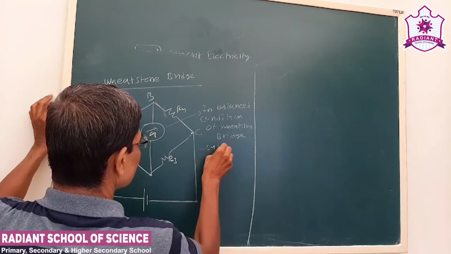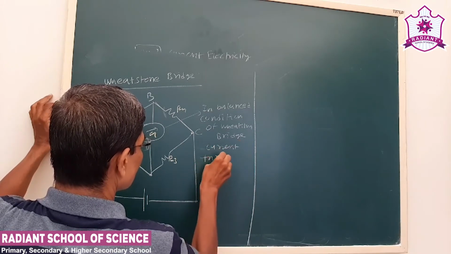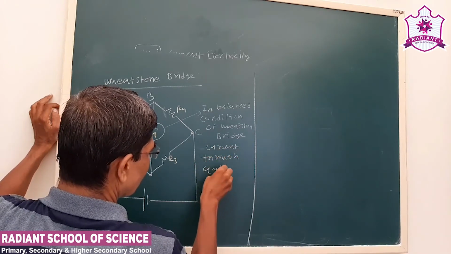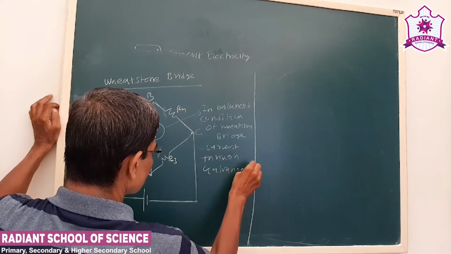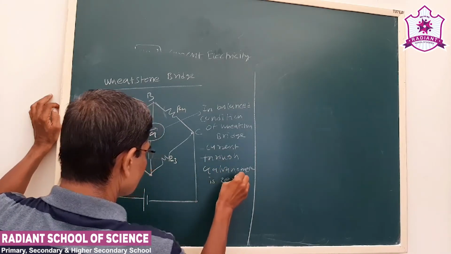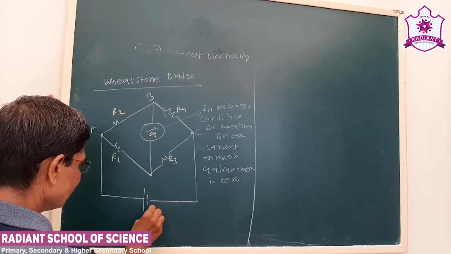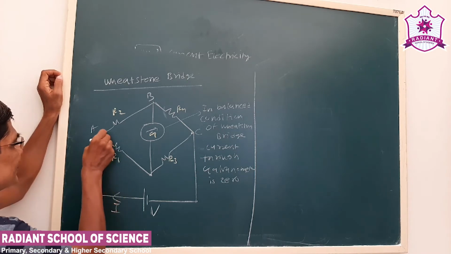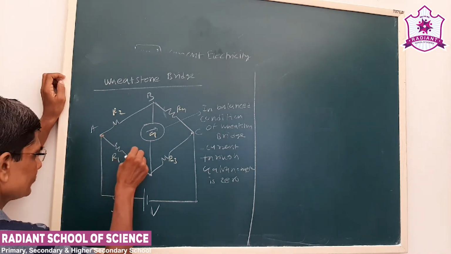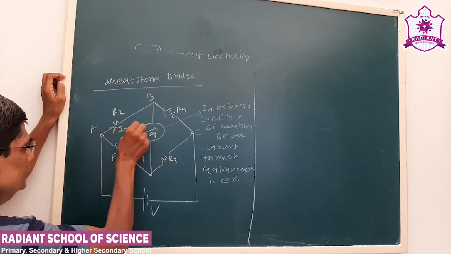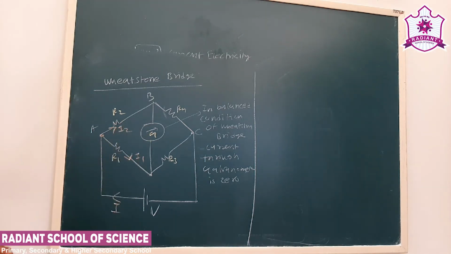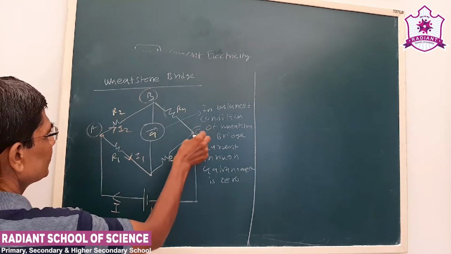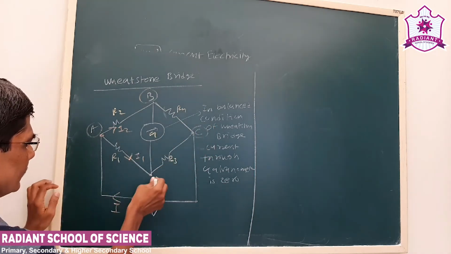Current through galvanometer. Now see, a battery of V volt is connected like this. Now we derive this condition first. Let us say the total current is I. As we discussed, two currents will flow in these two branches. This is, let us say, A, B, C, D and A.